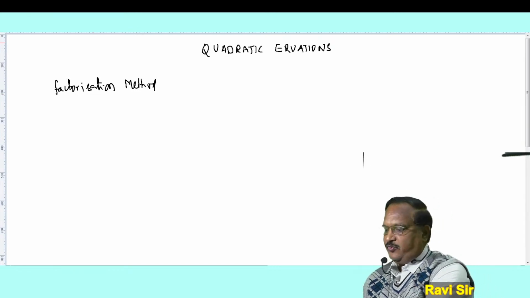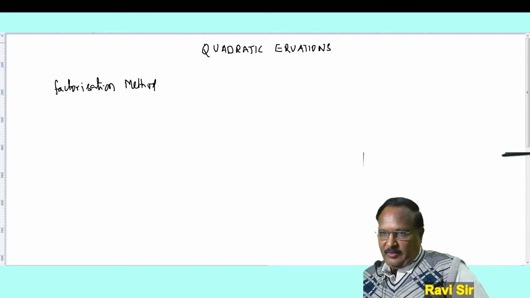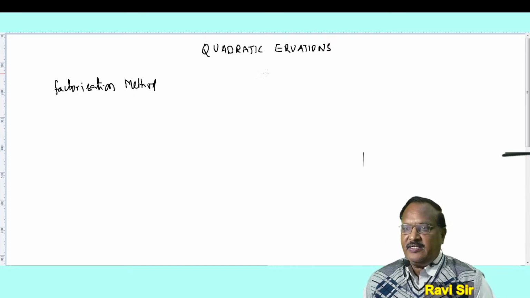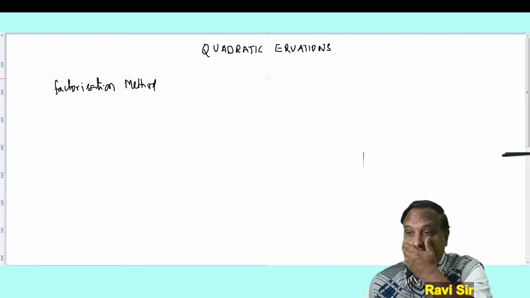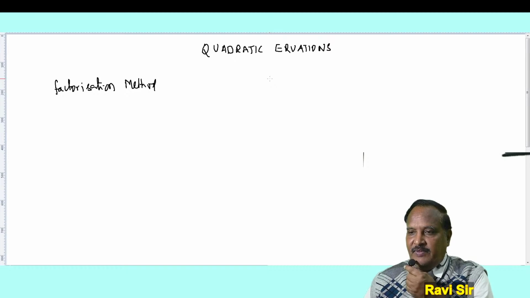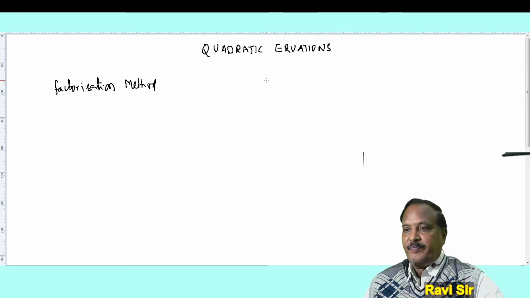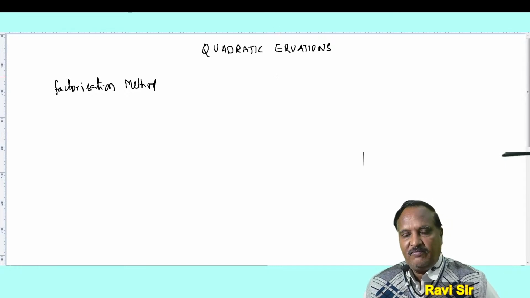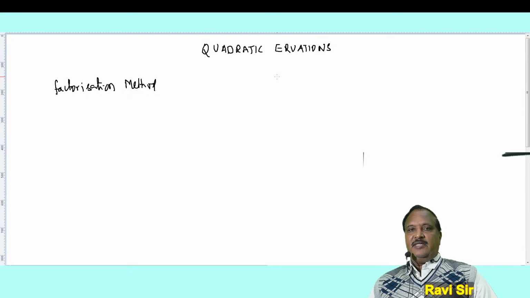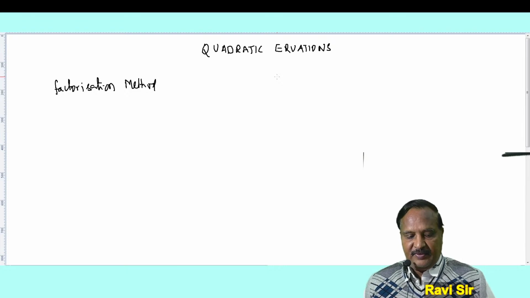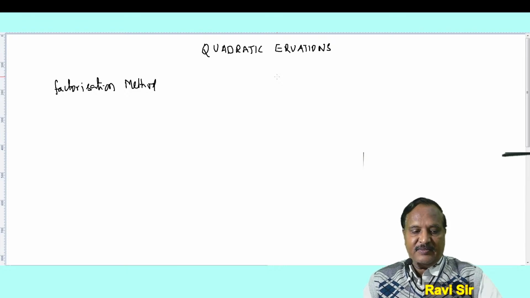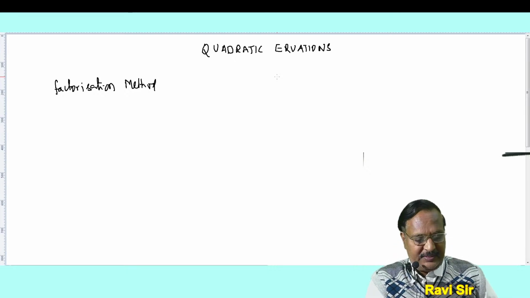Yesterday I was doing finding the solutions using the factorization method. Okay, this is what I started yesterday, and I gave you some work to do by yourself, because factorization is one of the known procedures for you. So I will be giving you one or two important questions, that means difficult questions